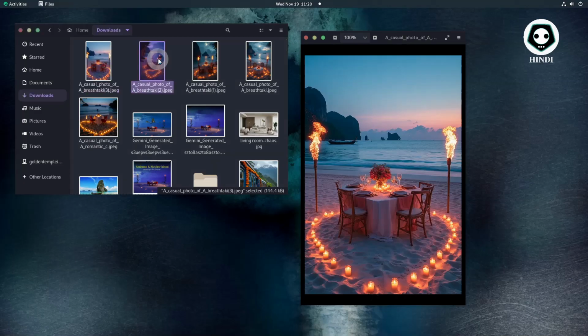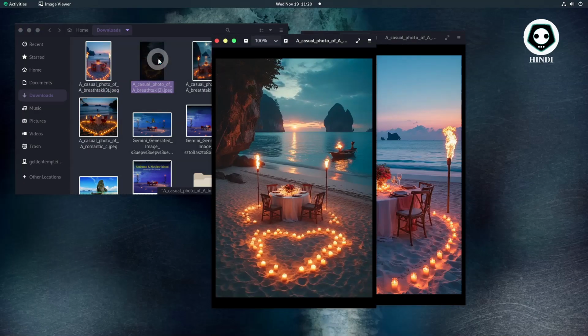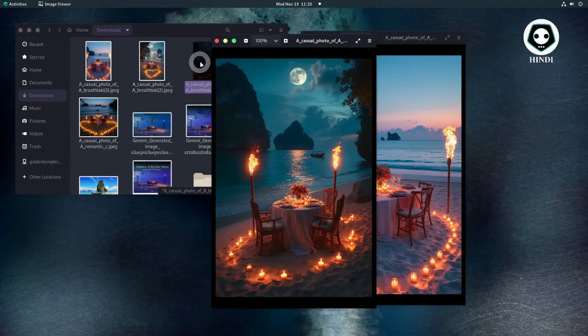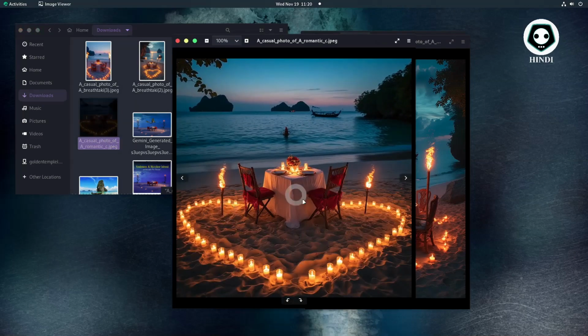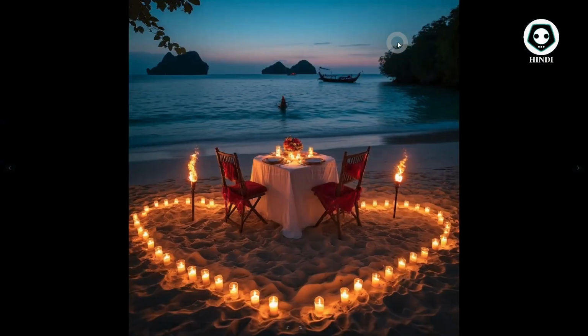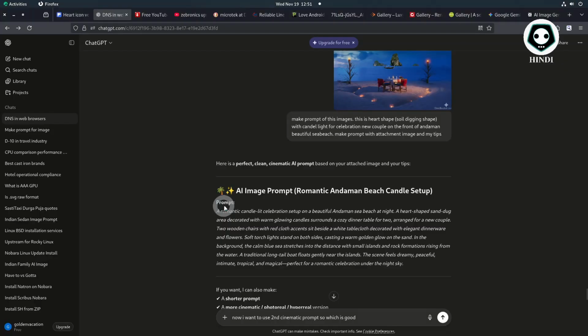This is the main tutorial in my video. So you can see here there are 4 images I have downloaded. This one looks good because the moon has a very artistic feel. This is not good because this one is very good. I like this one very much.